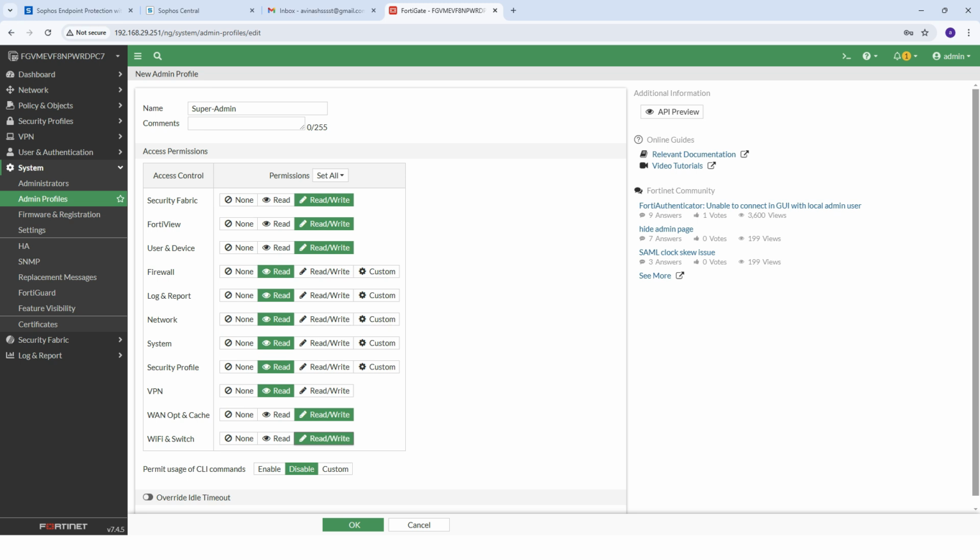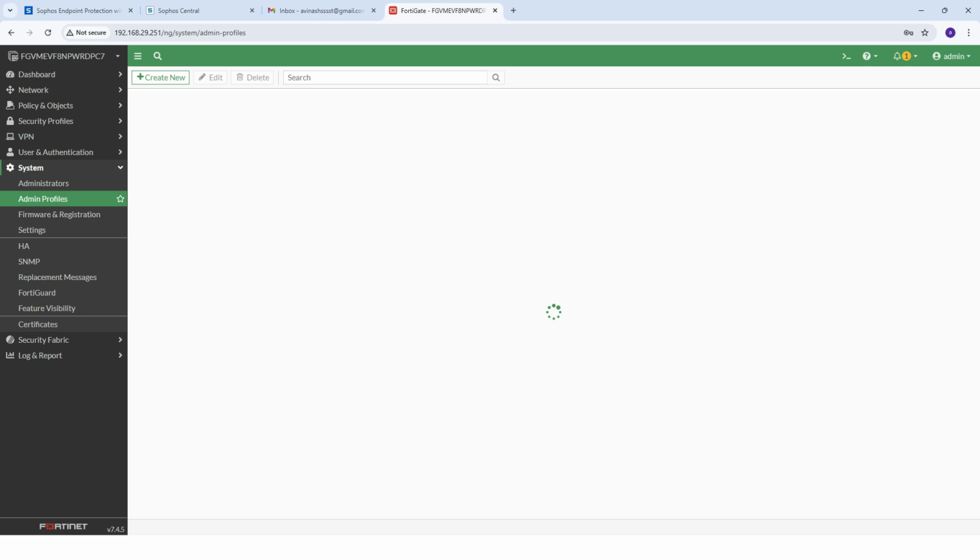Slowly you can grow up to give more access, but on the first level you can give read only, then write, then increase limitations. So I have created a super admin, but I have given minimum access, but as per your case you can give all rights. So permit user CLI command, yes, enable, then click on OK.